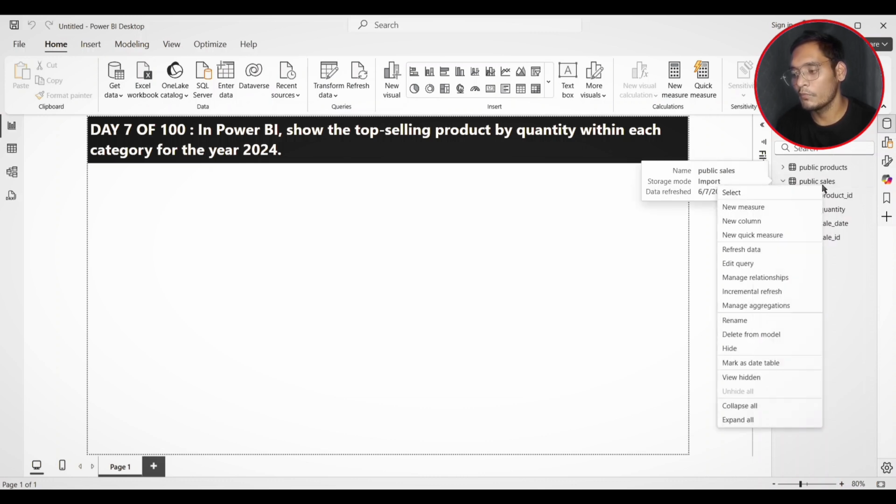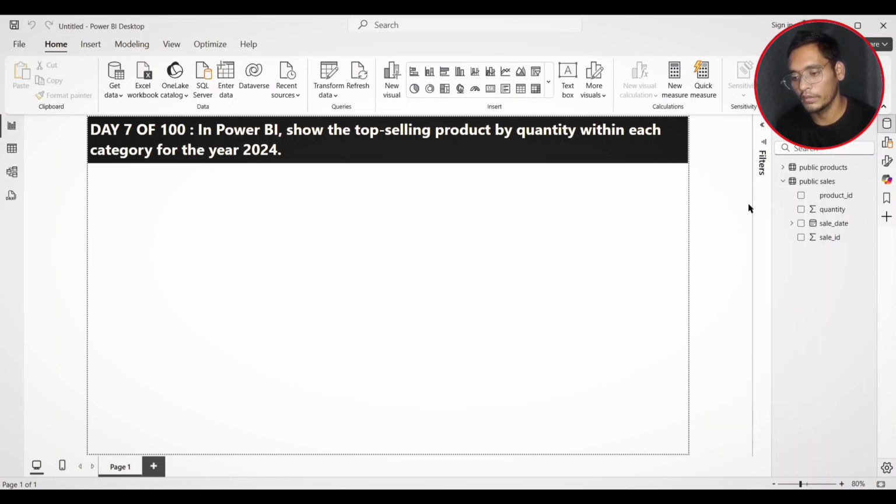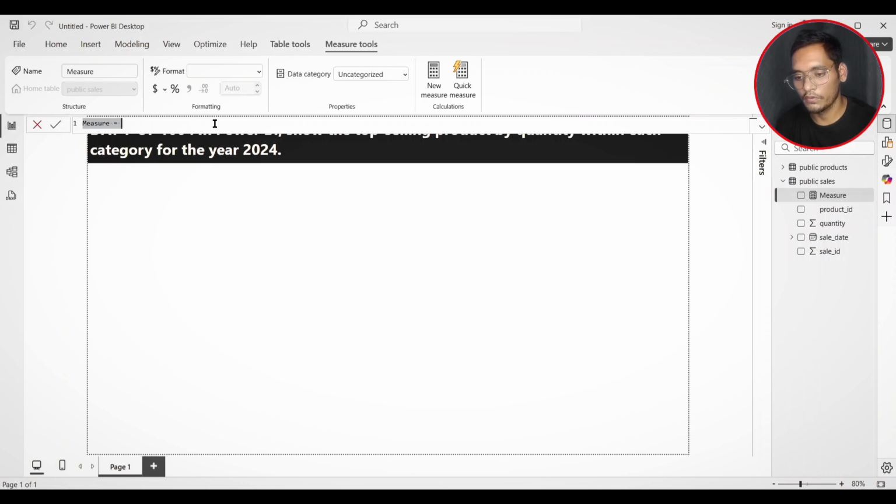For that purpose, I am going to create a measure here with the total quantity sold in 2024. Okay, so let's write here total sales in 2024. For that purpose, I am going to use CALCULATE.